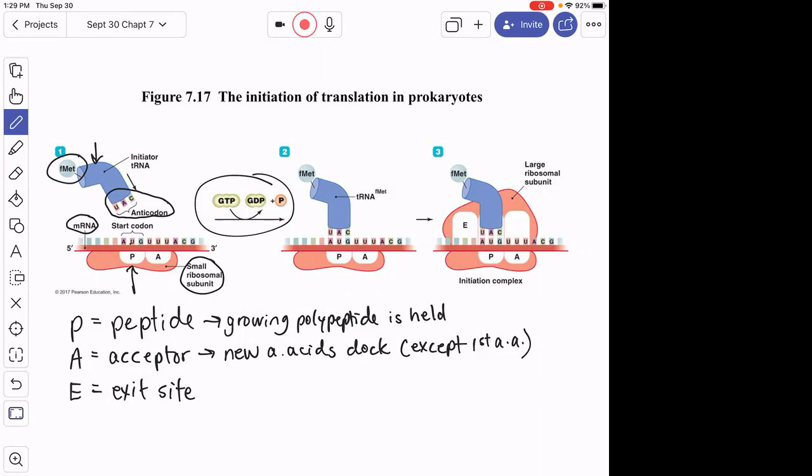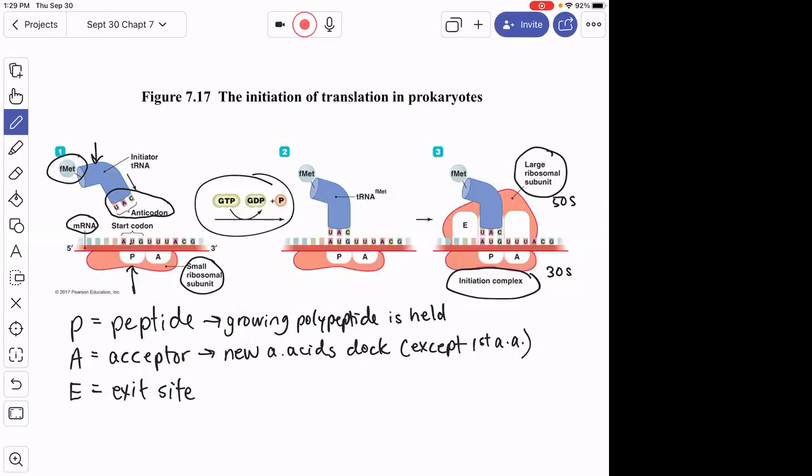Once that tRNA docks, this forms what we call an initiation complex. So the large subunit of the ribosome now comes together. And remember, in bacteria, that's 50S, and the small subunit is 30S. So now we've got the initiation complex, we've got the first amino acid, and we're ready for that